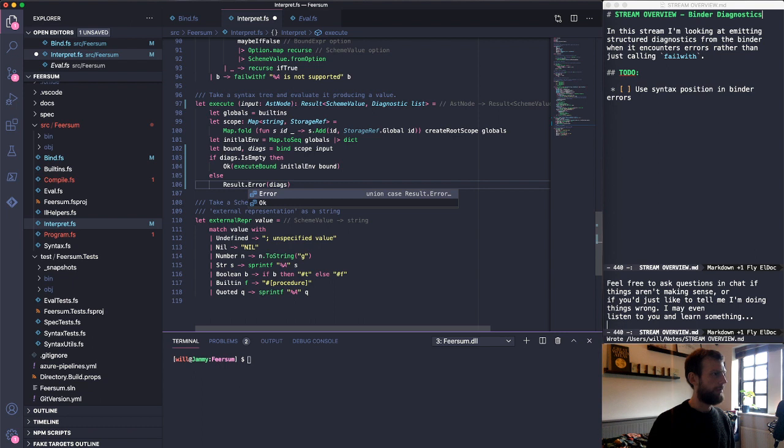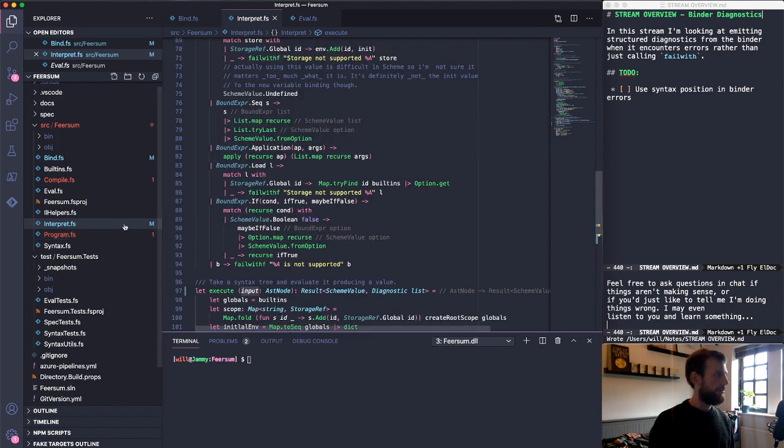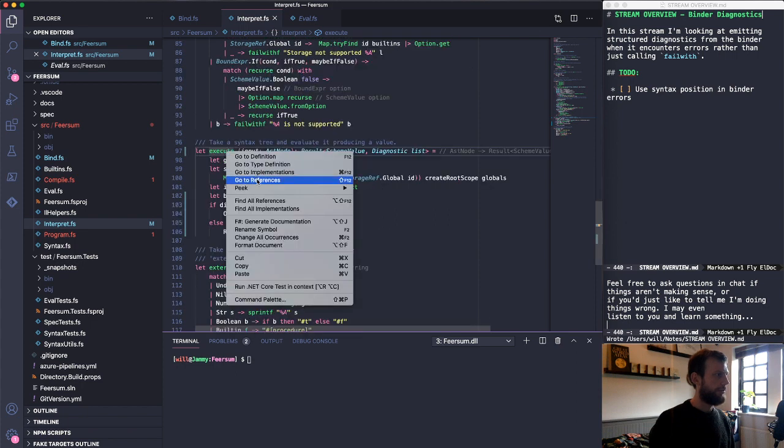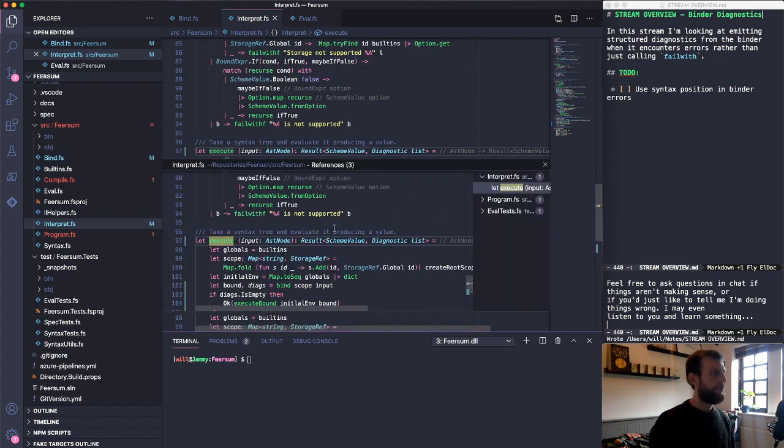It's the wrong error. That looks a little bit nicer. I don't know where execute gets called from, but